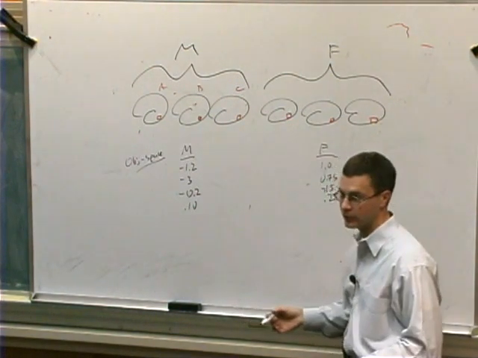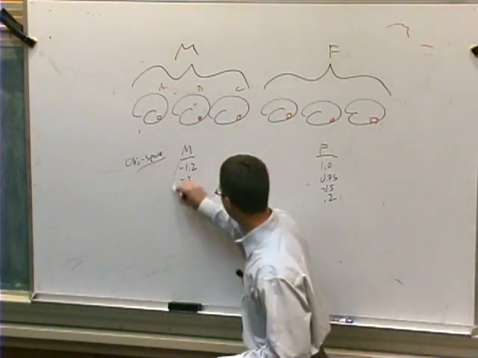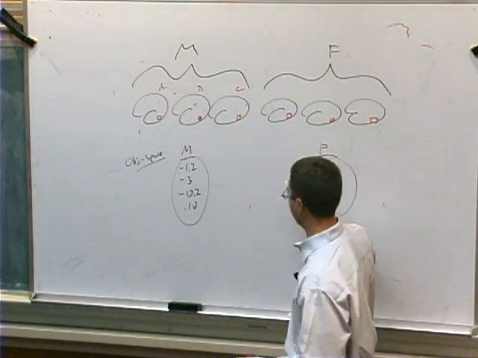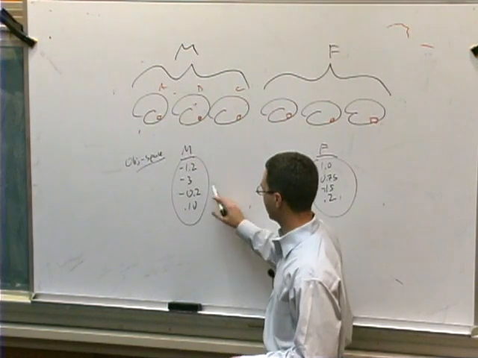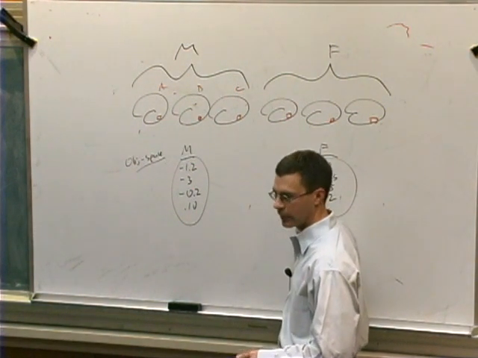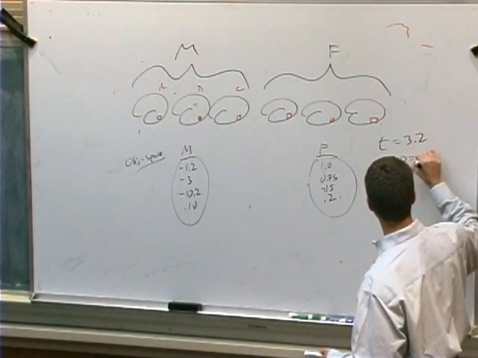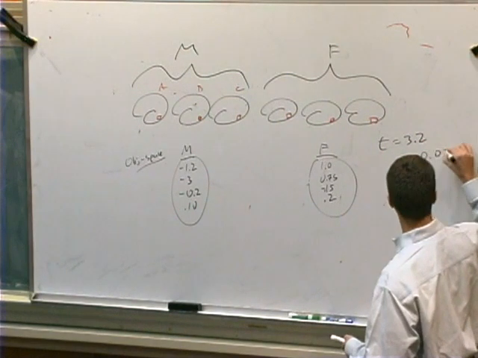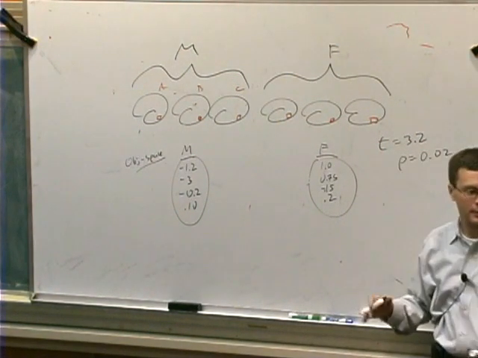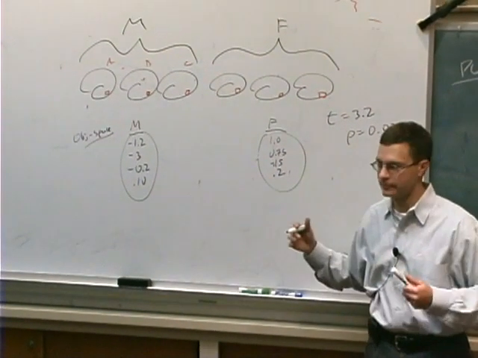Okay, so how would you assess the significance of this? So one thing you could do is, again, a t-test and compare this population of values to this population of values and ask, is it the case that this group is significantly bigger or smaller than this group? Okay, so imagine you did that and you came up with now a t of 3.2, and in the textbook it says it's a p of 0.02. Okay, everybody with me so far? Anyone have any questions about the basic conceit of this design?